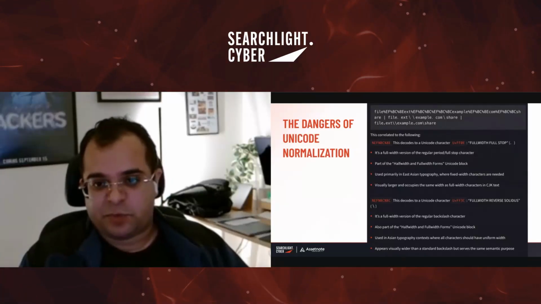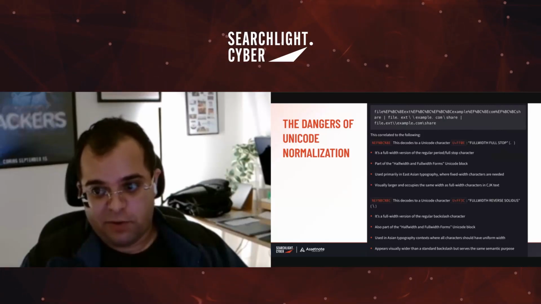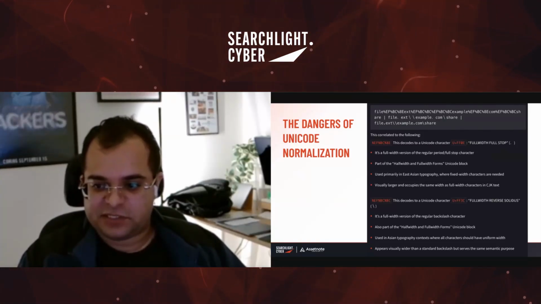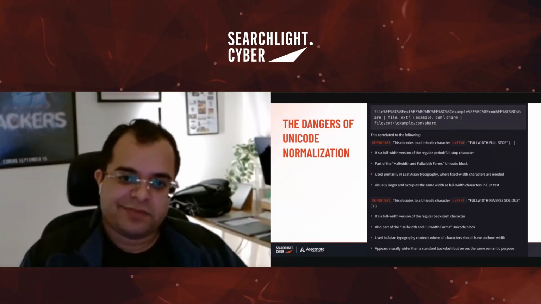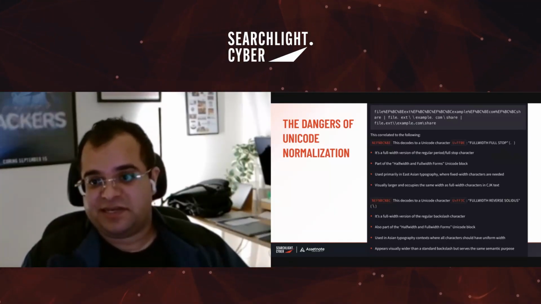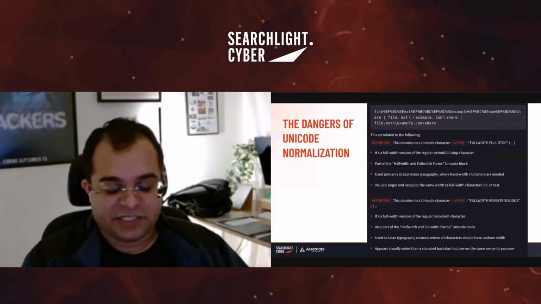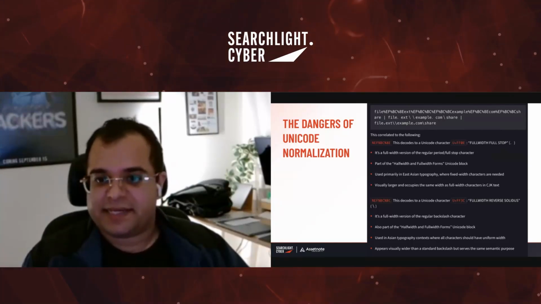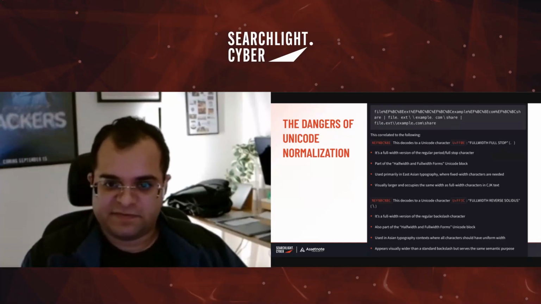The way that we exploited this was we used the full width full stop, which is a character that looks like a dot, and the full width reverse solidus, which looks like a backslash. But when these are normalized through the Unicode normalization process, they get converted to an actual dot and an actual backslash. It's quite interesting because what we can essentially do is influence the path.combine sink that comes shortly after this, so that it would reach out to our external server and leak NTLM